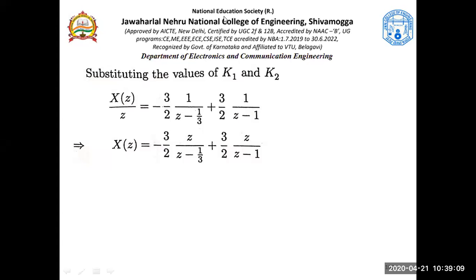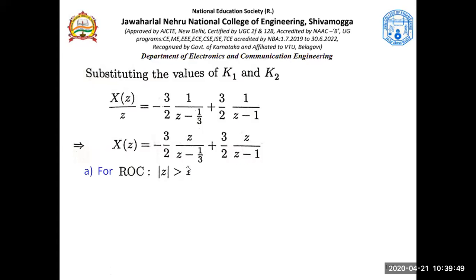Fine. Okay. Now see here. To understand the inverse Z transform for this, we need to understand the region of convergence. Understanding the region of convergence, we need to know which signal should come along with this. Okay, I repeat, to apply the inverse Z transforms, we first need to know the ROC. There are three different ROCs given. So let's consider the first ROC, that is Z greater than 1.